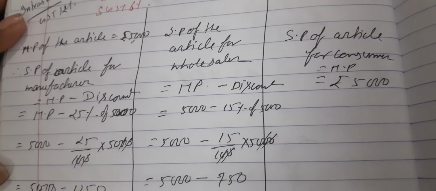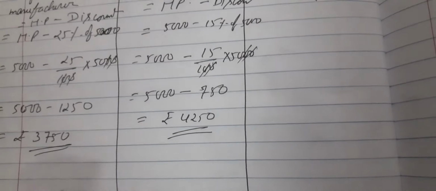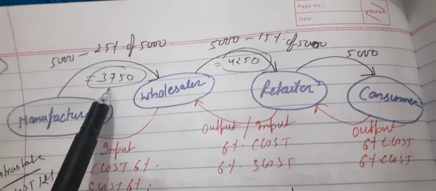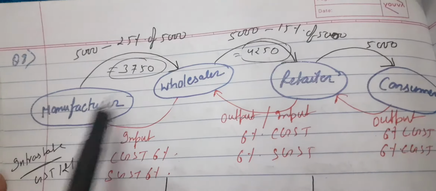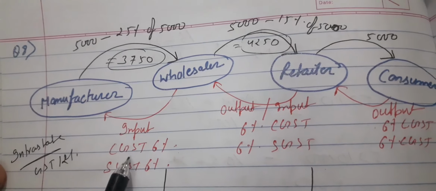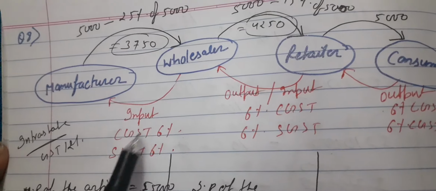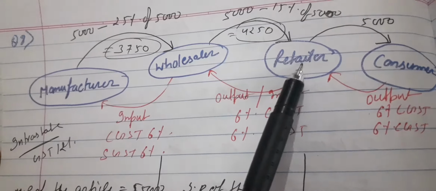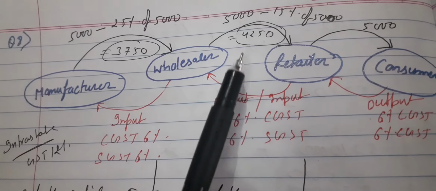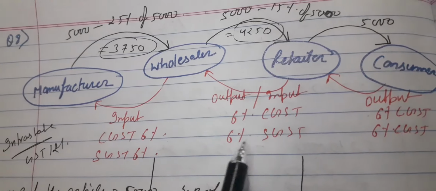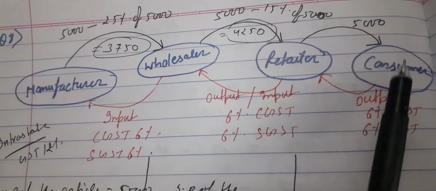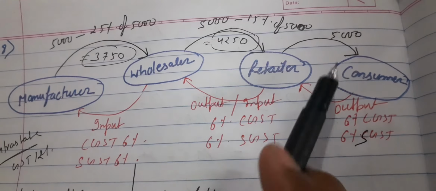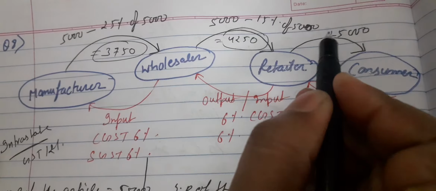Now we will find out the GST for every seller. Okay, so please go back to the diagram. Now we know this is the cost the wholesaler paid to the manufacturer, and he will pay GST also. Since it is intrastate, not 12% GST, he will pay 6% CGST and 6% SGST at this cost. Similarly, the retailer will pay 6% CGST for this amount and 6% SGST, and the consumer will pay 6% CGST and 6% SGST on rupees 5,000, right?